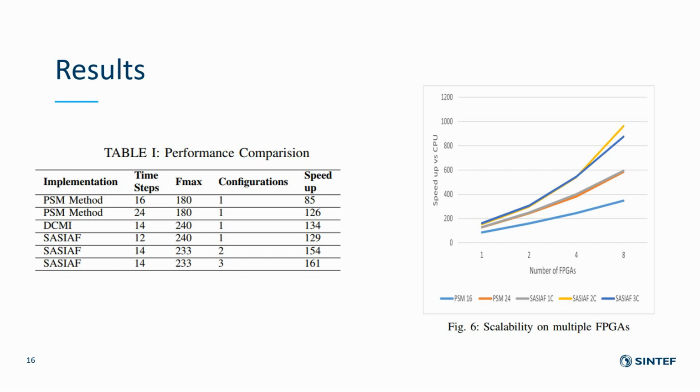PSM has more time steps and we had less, but our frequency was higher, and also our window was bigger than PSM. So finally we got better speedup. And in this part, figure 6, scalability on FPGAs, you see that it is almost linearly scalable